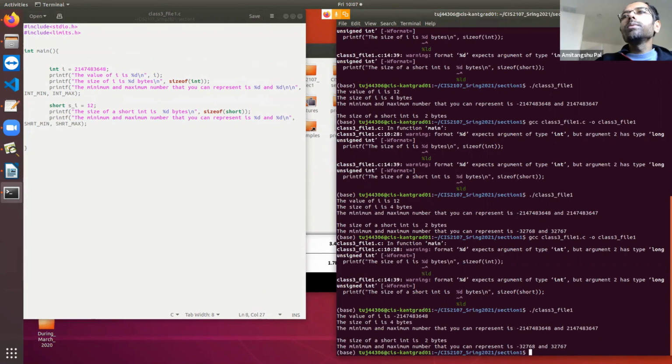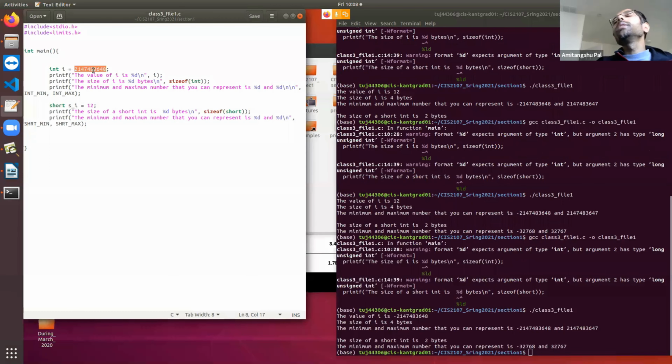If you run this, you will see that you are getting a number that is not 2147483648. It is something different. This is because the number is not in the range of an integer, so it gives an overflow error. You cannot represent this number using an integer, but suppose I need to use this number or something more than that. In that case, I cannot use integer, I need to use long int.